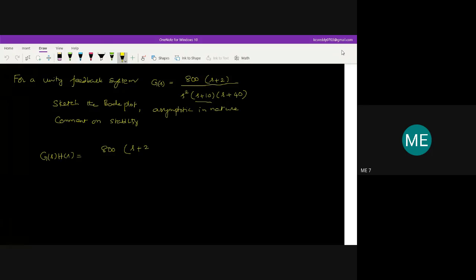into (s plus 2) divided by s square into (s plus 10) into (s plus 40). Then we need to write this in the time constant form. In the sense, we need to take out the constant term outside so that it will become the 1 plus Ts form. So I can write 800 into, take out the 2 common,